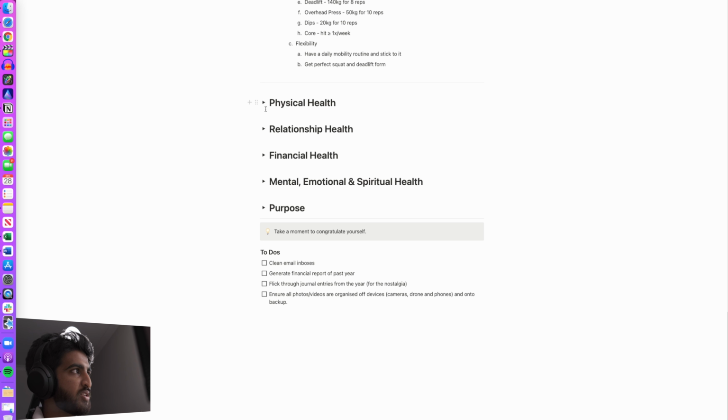So the next section is financial health. And when it comes to financial health, my main goal is to reach financial freedom. So to achieve this, I need to focus on increasing my income and decreasing my expenditure. And in order to increase my income, I need to learn skills that will allow me to own my own business. As such, the financial health section of this review currently focuses on defining my path to financial freedom, reflecting on my expenditure and saving, and goal setting for the upcoming year.